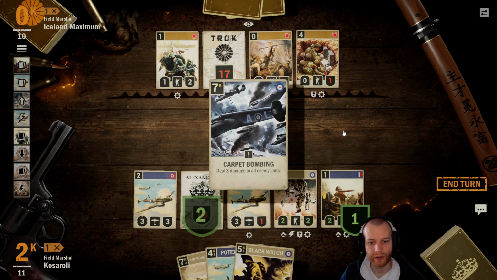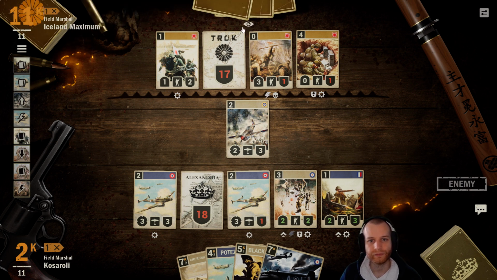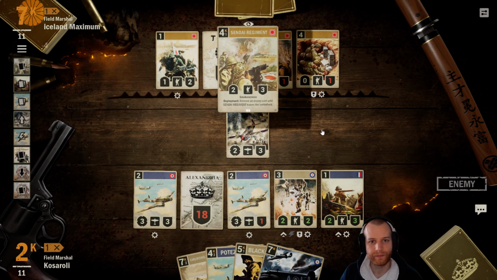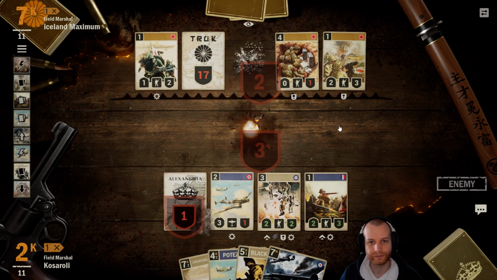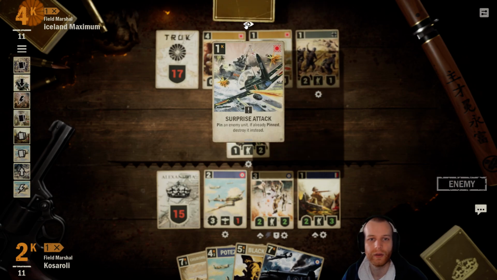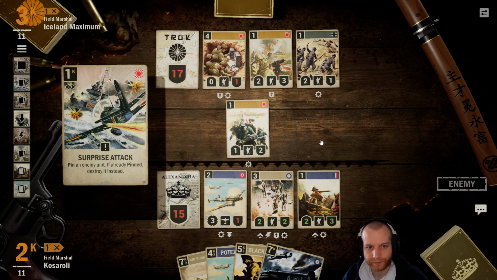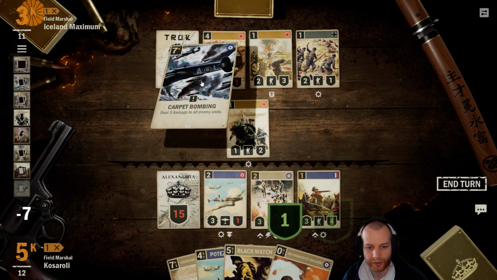Let's just get our draw here. Pass the turn. That's fine. We can just carpet bomb all of this. Yep. And get back our